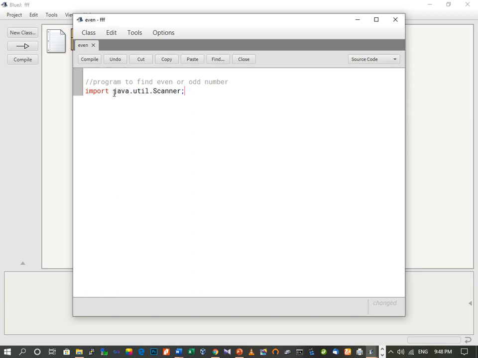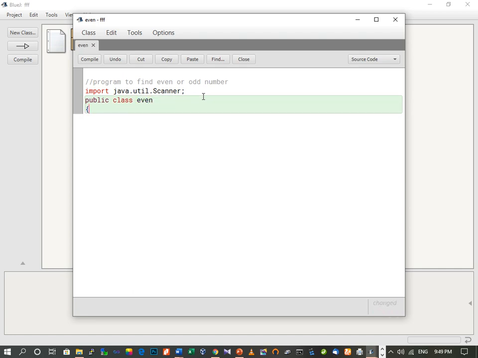By practicing you'll come to know where you have to write capital letters and where small letters. Here java.util will be in small letters, but Scanner, this S will be capital.